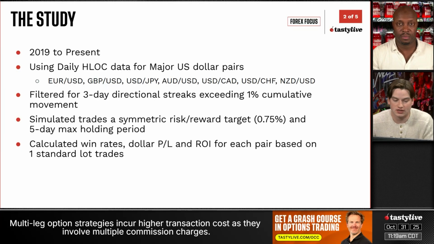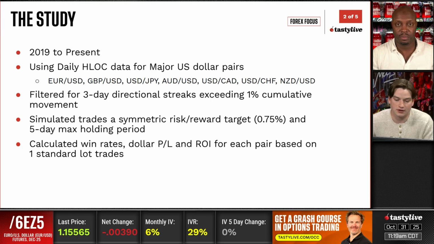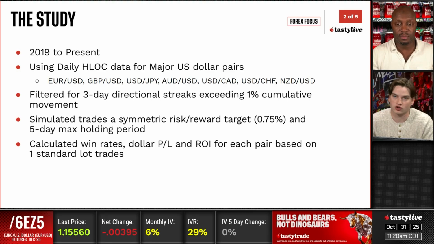And so what I did is calculate win rates, dollar P&L and ROI, which does factor in those leverage ratios, and conversion metrics based on the most recent exchange rate, just compiled this morning, based on one standard lot trade. So that's requiring margin from around $2,000 to $5,000 for these major pairs. But as you know, we can size this up or down. But just looking at ROI, those characteristics will be the same no matter how you scale it. So first,